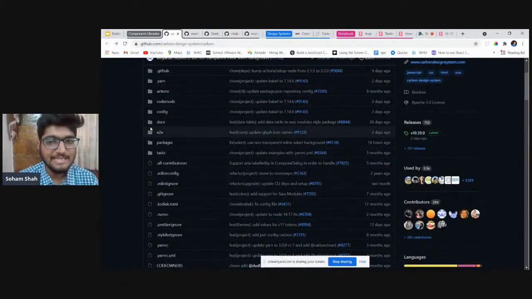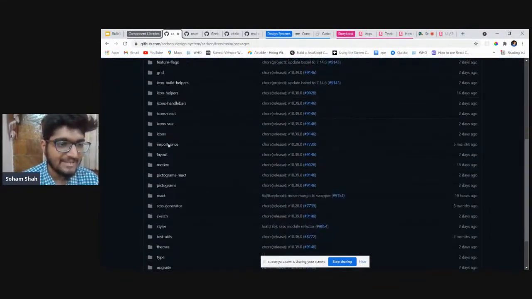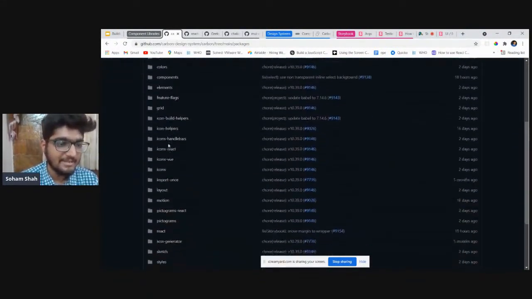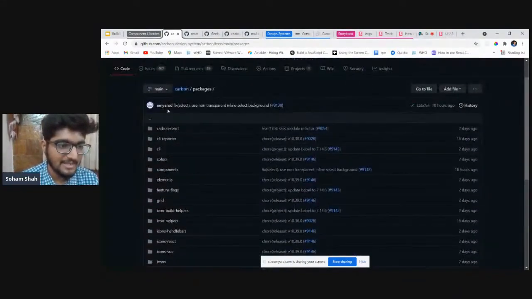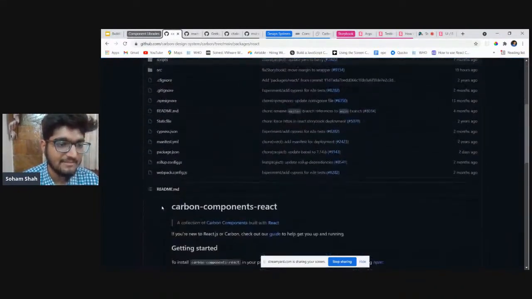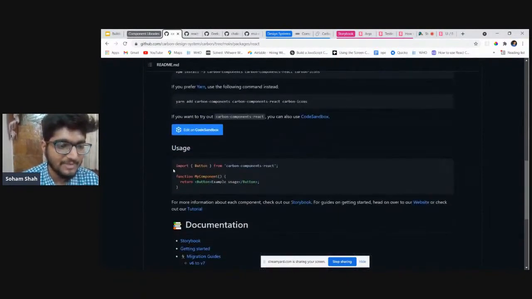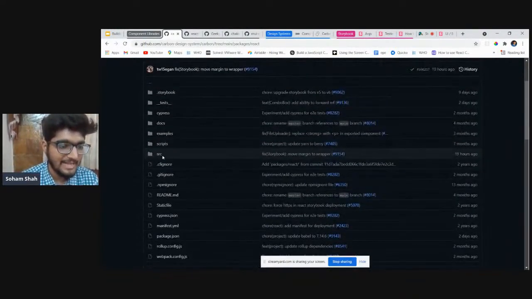See, there are no components or src folder which we have encountered in the Carbon design system. We have packages, and packages are basically the npm packages, and there are a lot of packages. But let us go into the React part where there will be React components, and yeah, here we are. This is what we are building, right, in our own component library. This is Carbon, and this is what we just exported a component from. Right. So we can now look at the src.